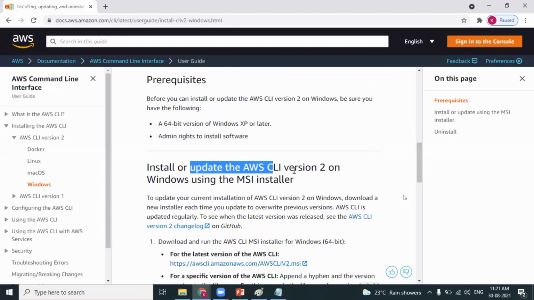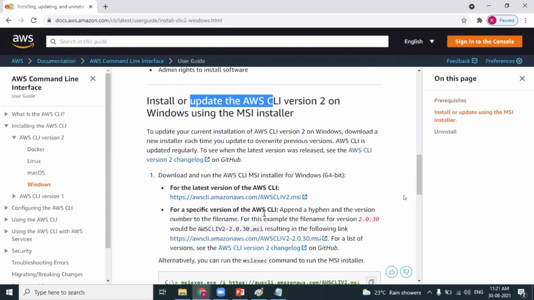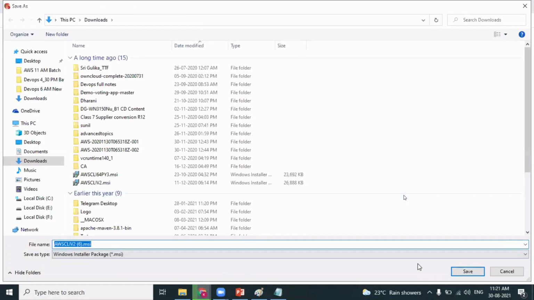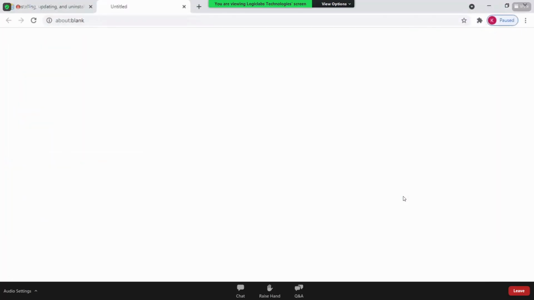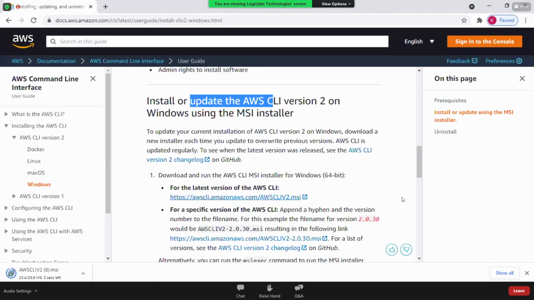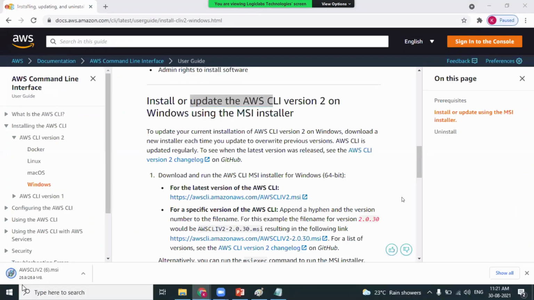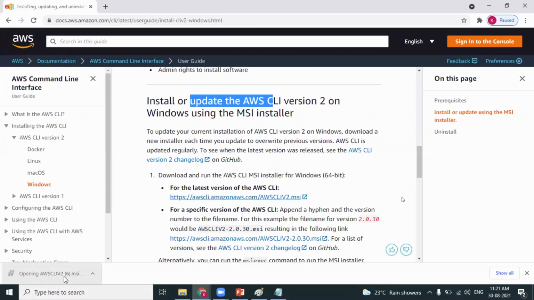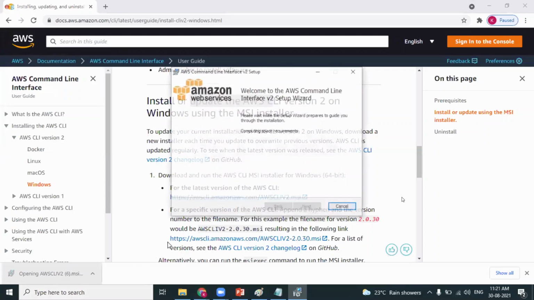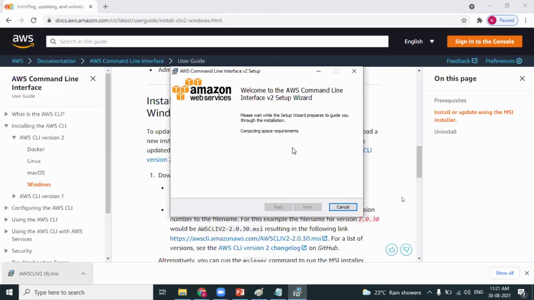Install AWS CLI. Yes, I want to install it, and this is the tool which helps you download the latest version. I am downloading that particular software. It's pretty small software. It gets downloaded in no time. Yes, it has been downloaded. It's an MSI file, so obviously you need to install it. Are you sure you want to install it? Yes, I want to install it.